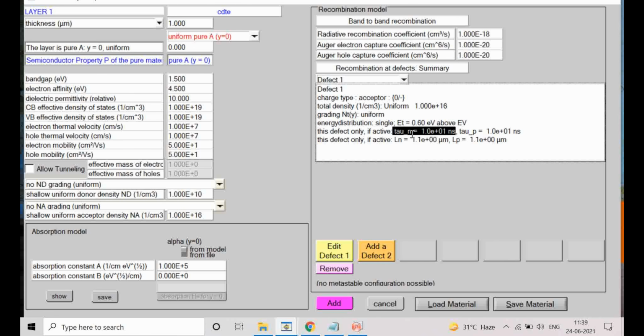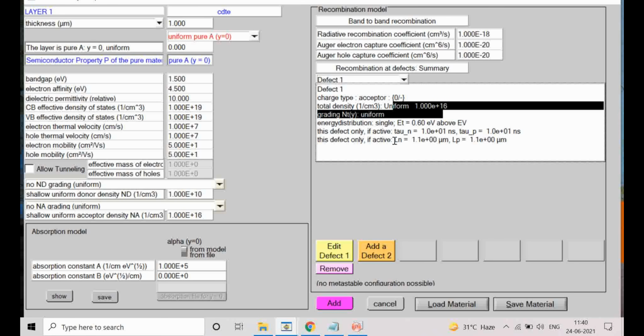In this way you can simulate the lifetime or the mobility of the carrier. Mobility is coming out to 1 micron for electron. If I vary this defect density, this value will change.